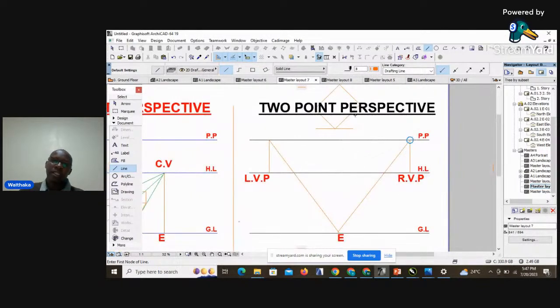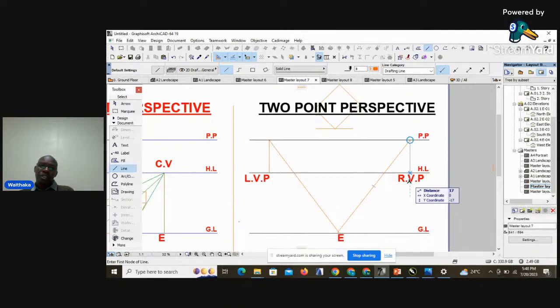So I'll repeat again. If the plan is inclining at an angle of 45 degrees on both sides, because of course it has to be 45 degrees, so that with the angle for the plan being 90, this should give us 180. Therefore, we will generate our perspective,